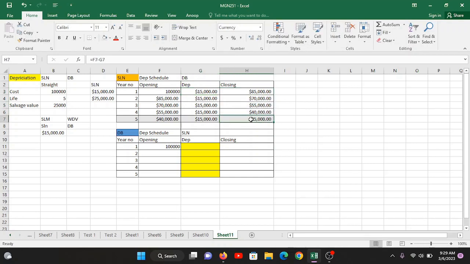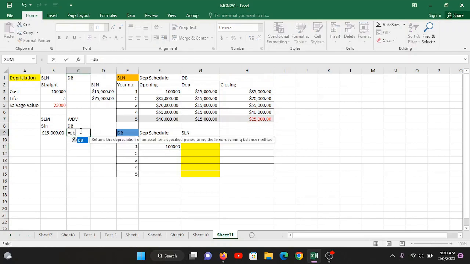How can you validate whether your answer is correct or not? This value, which is shown as 25,000, here, let me make it red. This 25,000 is nothing but your closing value. You can match these two values, the salvage value and your closing value in table 1, which is representing the straight line value method. If it matches, what you are doing is right. It is all good. Okay, let us go to the second method where we are going to apply this formula